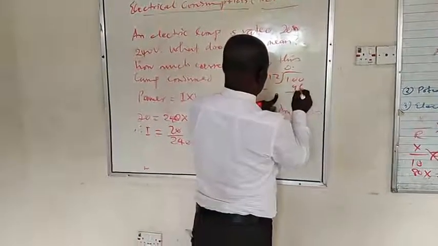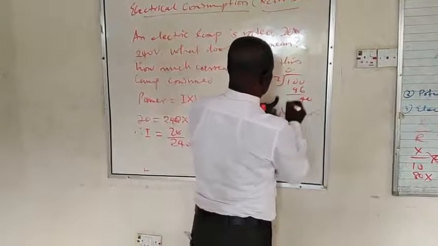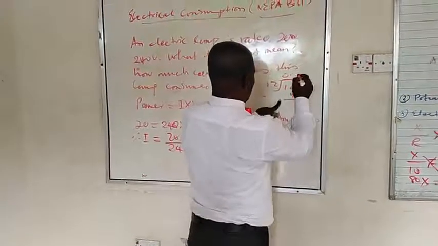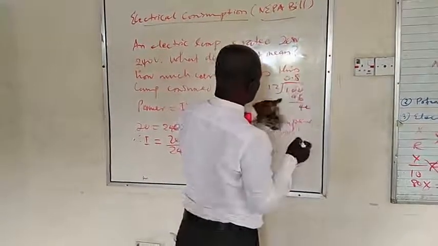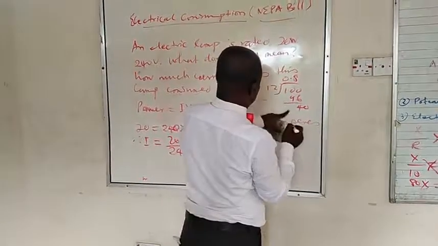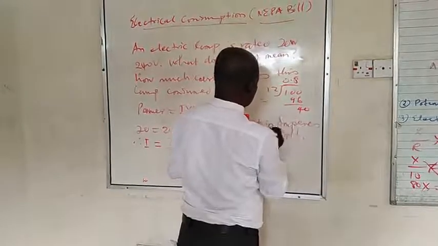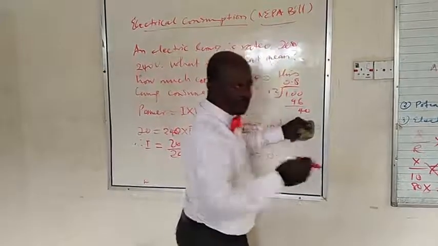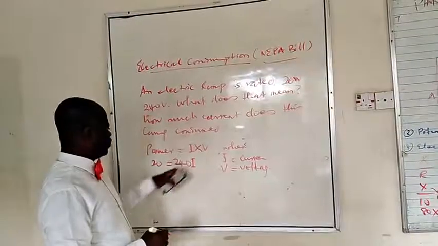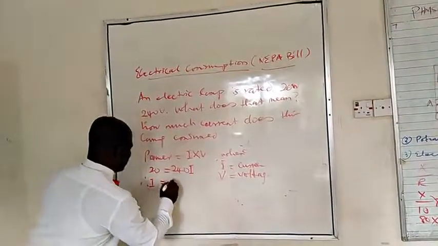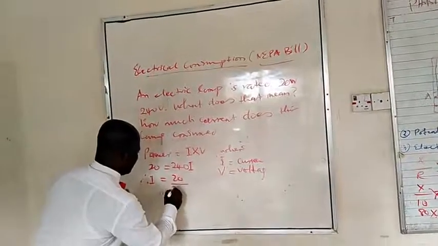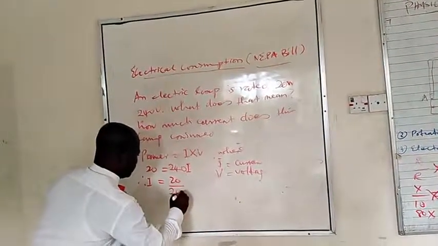Now, when you add 0 to that one, this was 8. And then you add 8, 12 times 8 will give you... I, the subject of the formula. Therefore, I is equal to 20 divided by 240